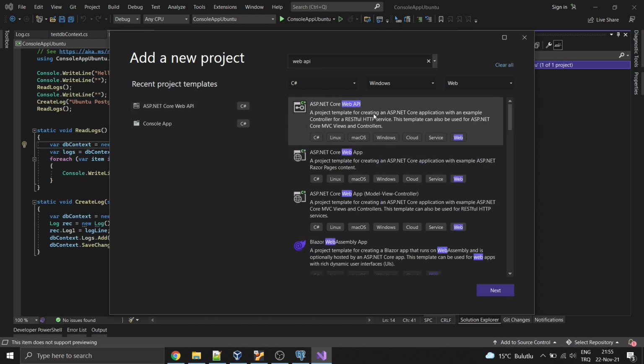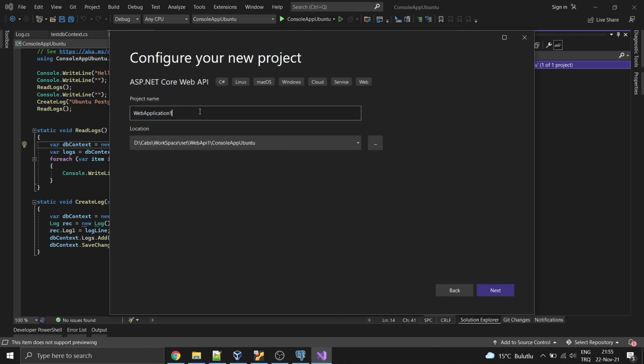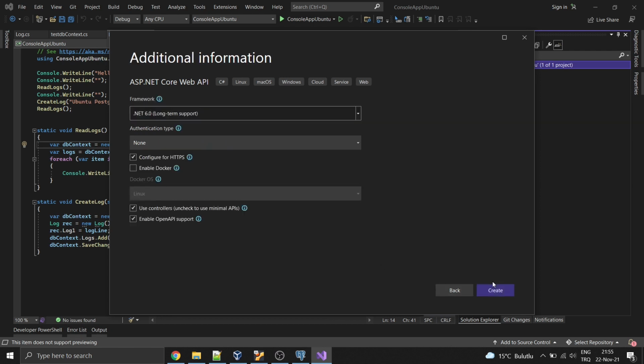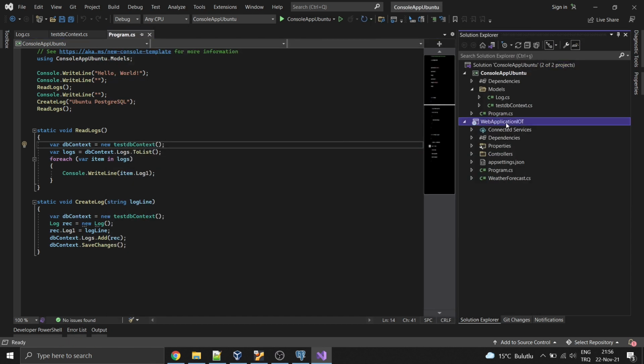So to create a web API, first we need to add a new project, and we go to web API, and we will choose ASP.NET Core Web API, click next. It will be IoT, click next. I don't need HTTPS, and I will click create. And I will set web application IoT project as startup project. So when I click start, it will create web application IoT,